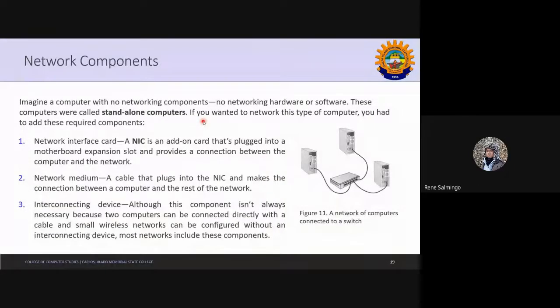Okay, network medium is like a radio wave signal, your cable. So not all network medium classes are wired. So you could have a wireless network medium. So nowadays, you could use